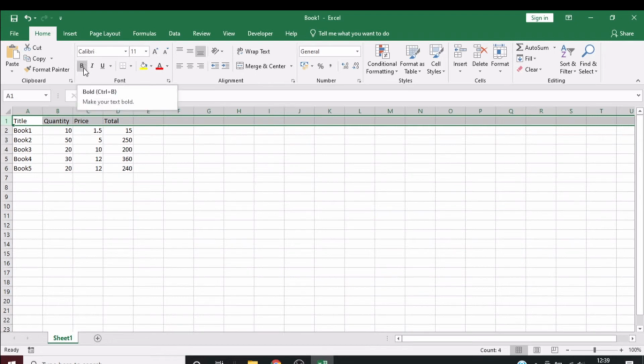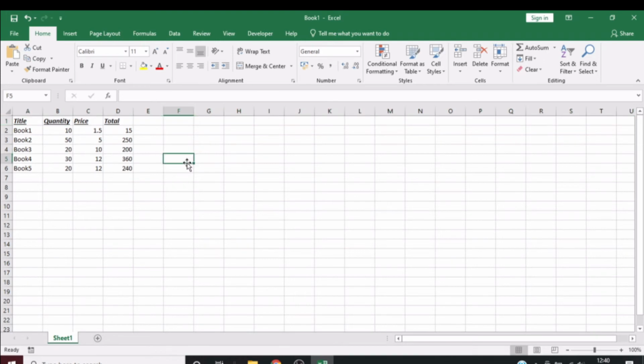And as you'll notice, as you hover over any particular one of these icons, a message box shows up just to let you know what clicking that will do. So we're just going to left click on that. And as you'll see, the text has been adjusted. You can also do things whilst it's highlighted, like make it italic, and you can also underline the data. So if we click off that, take a wee second to appreciate what we've done and think, does this look good? For me, I'm not a massive fan of italics or underlines,